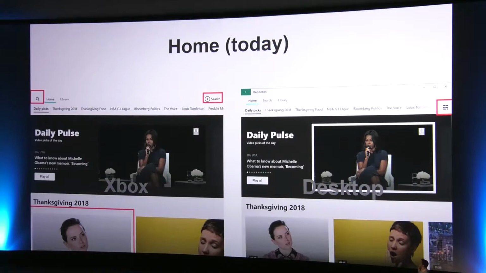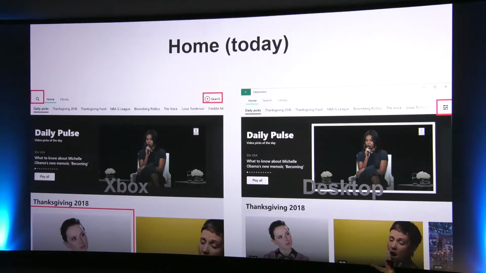Today, this was released last week. So we've taken the concept of having one app and then try to mix it up a bit and have a few more elements that are removed, switched, and hidden away. For example, on the Xbox app, we're still going to have the search on the top right, but the search button, if you look on the desktop, is text in search, whereas the other one is just the icon, because if the users can press Y to search, maybe we don't need to have the